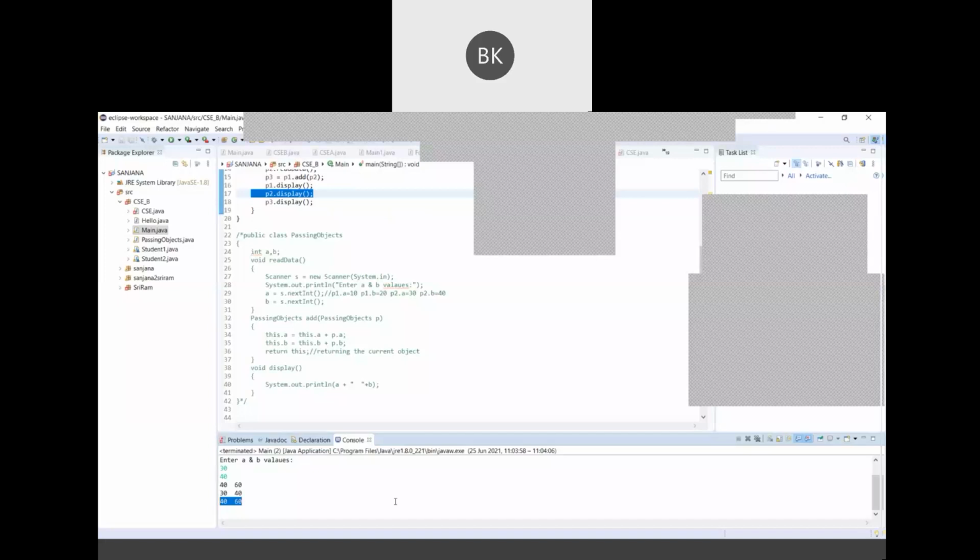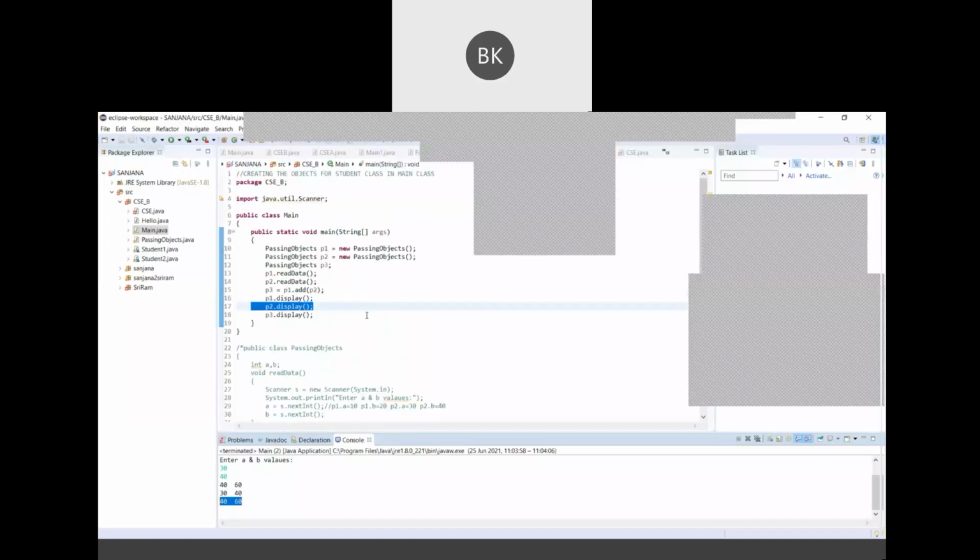Okay, these three are the three different types of programs, and this reference is also covered. Next one is